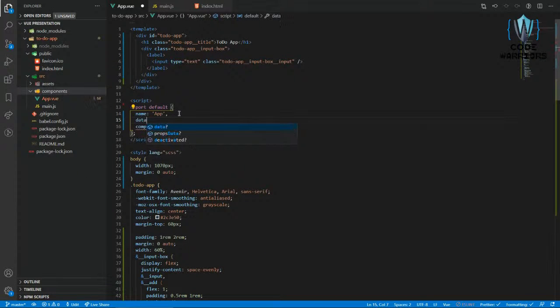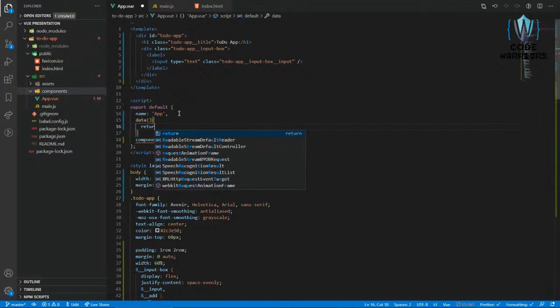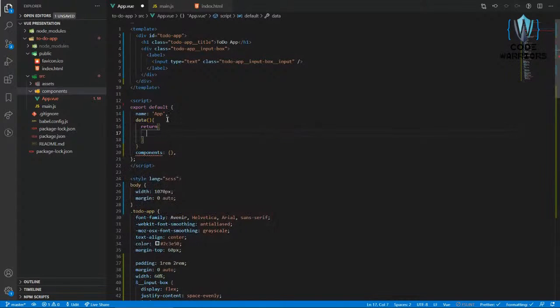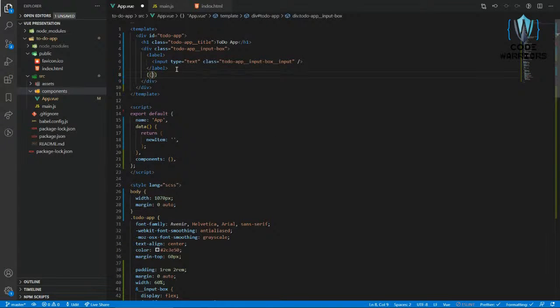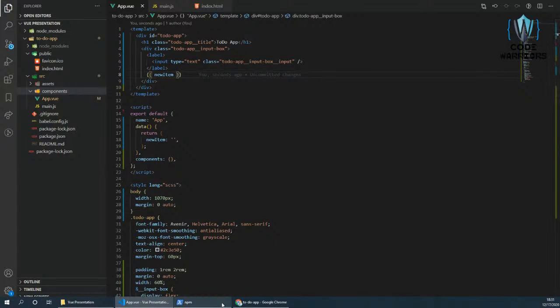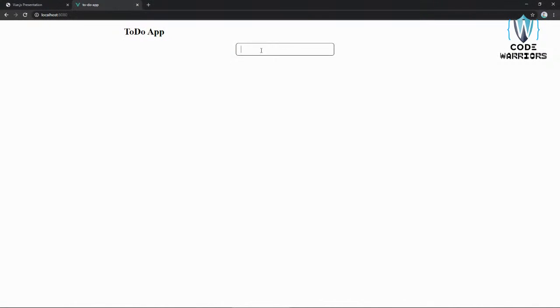Now we'll first start with data. How does data work? We'll just give it a new item here, and we'll give it an empty string, and we'll try and display new item here. If you go here, it's the to-do app, and nothing is displayed